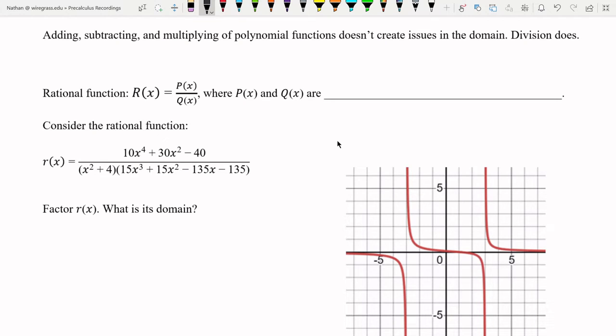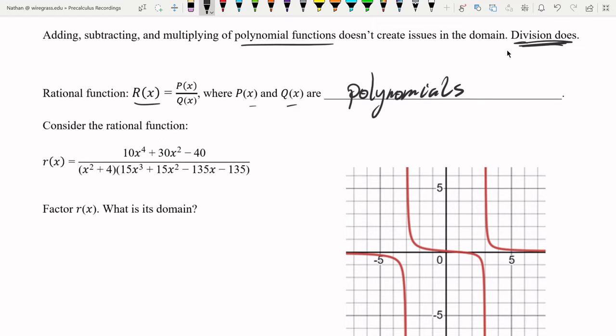Adding, subtracting, and multiplying of polynomial functions doesn't create any issues in the domain, because in the arithmetic of them, you really had negative infinity to infinity for the domain. However, division always does, because division introduces the idea that you can have a division by zero, and that cannot be allowed. Now, a rational function is a function where you have p of x over q of x, where p and q are polynomial functions,